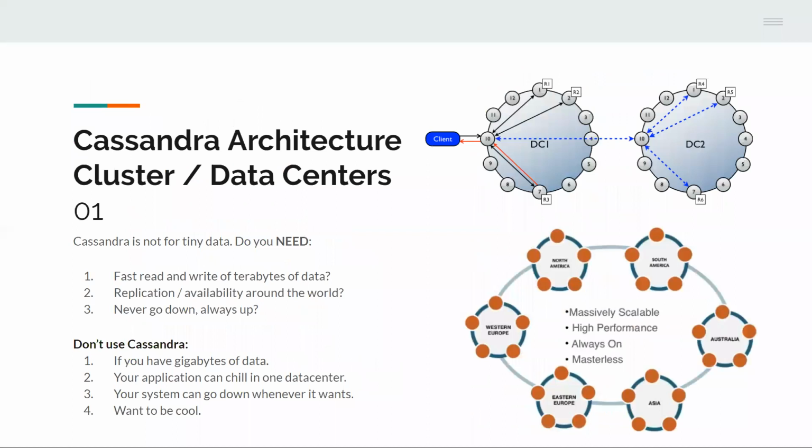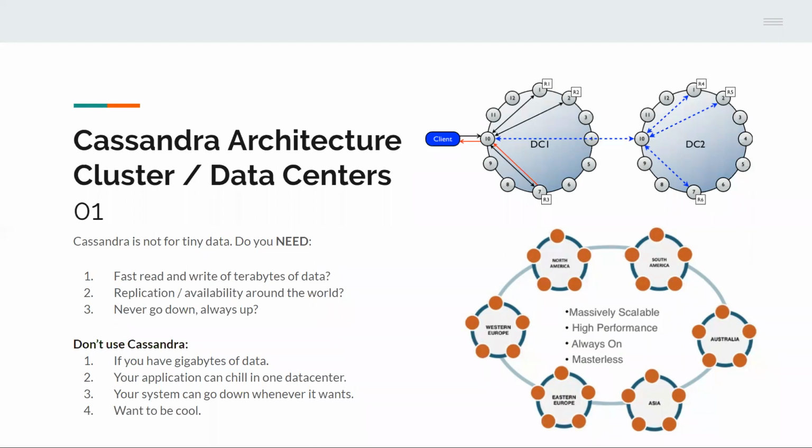Core concepts related to what we were just talking about, right? Why would you really, really need Cassandra? Well, it's not for tiny data. It's not for gigabytes of data, right? It's maybe not even terabytes of data. It's closer to terabytes of data that is being written to and read all the time. If you just want to store terabytes of data and not look at it, you could just put it into HDFS or S3 and just let it sit there, right? The main thing is that it needs to be